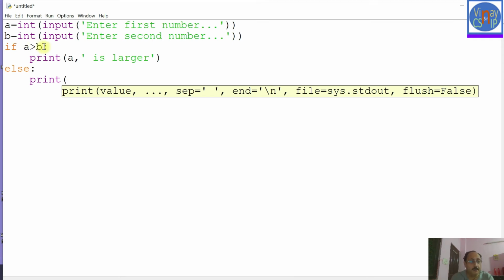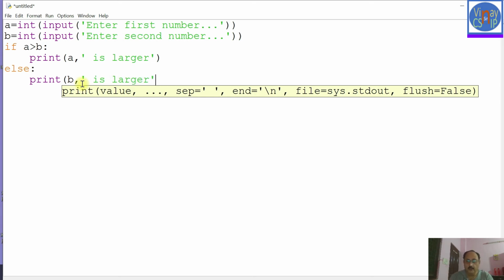If a is greater than b, then it will come to this place. If this condition is false, it means a is either equal to b or a is less than b. So if this condition is false, it means the higher chances are there for b to be the larger number or a greater number. So I'm correcting my sentence, which went wrong somewhat. So I'm writing here b is larger, right?